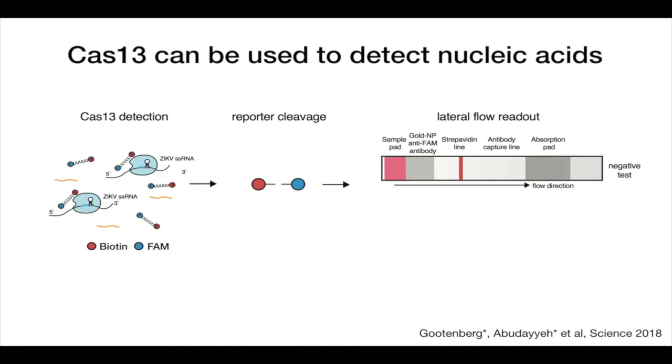the FAM molecule. And so if the virus is not present and the reporter is intact, when you float the reaction on this paper strip, everything will get captured by the streptavidin line. And that's because biotin and streptavidin are linked by this reporter RNA. But if the cleavage happened, meaning that the virus is present in the reaction, you end up with two lines. You get streptavidin capturing biotin, but FAM can keep flowing, and they can get captured by the antibody capture line. And so this is what allows us to very easily detect whether or not a particular pathogen is present in a biological sample.